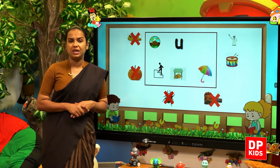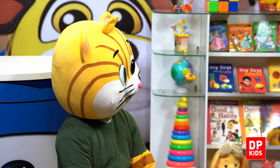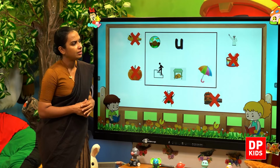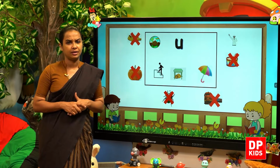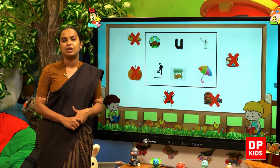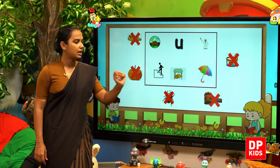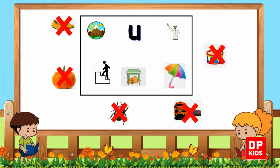Then next will be the drum. Do you hear the sound, Kitty? No. Then umpire. Umpire. Yes, you hear the sound and it goes to the box. So we have uphill, upstairs, under, umbrella and umpire. We'll check on the next sound that we learned. That is